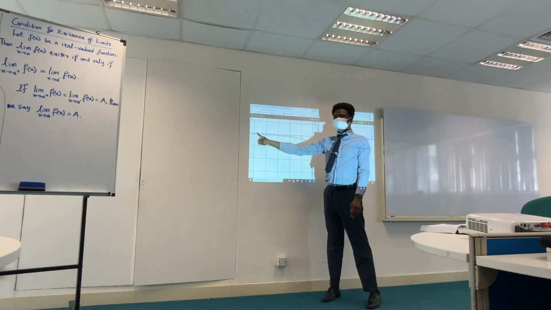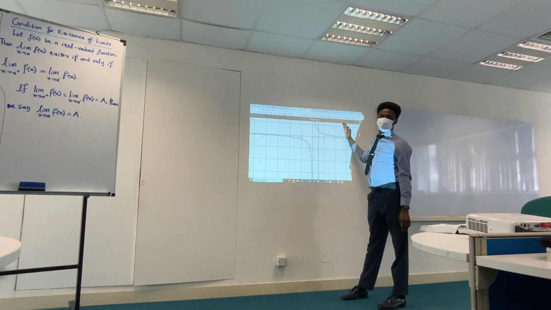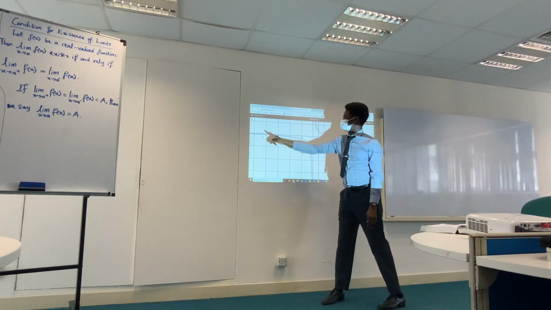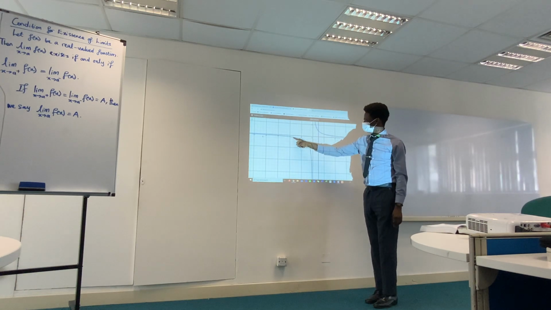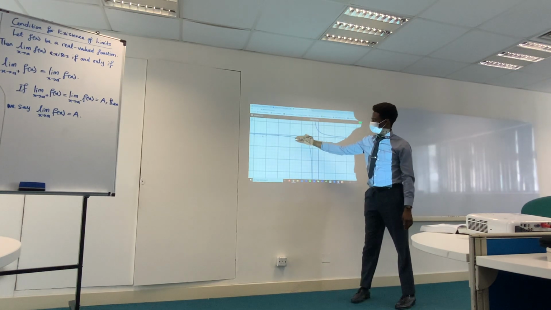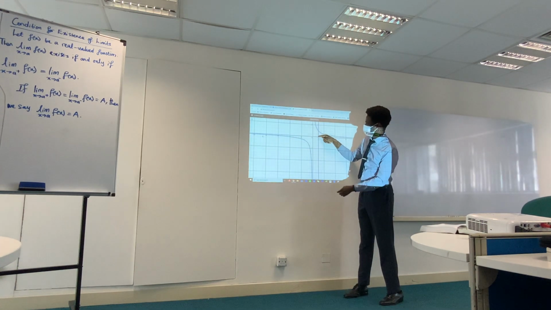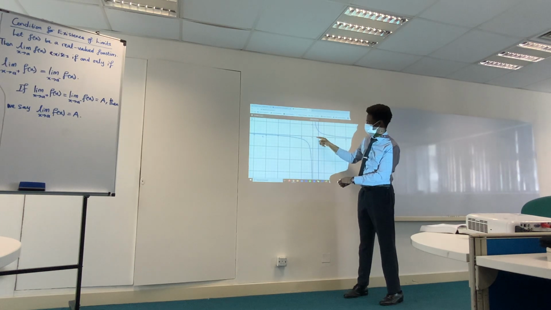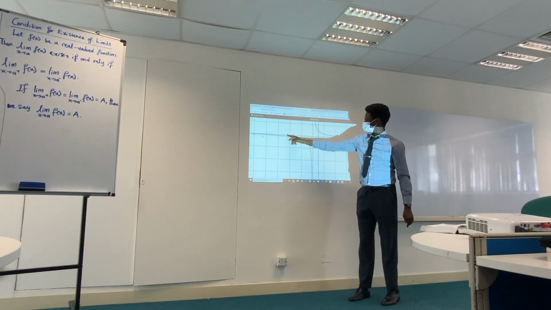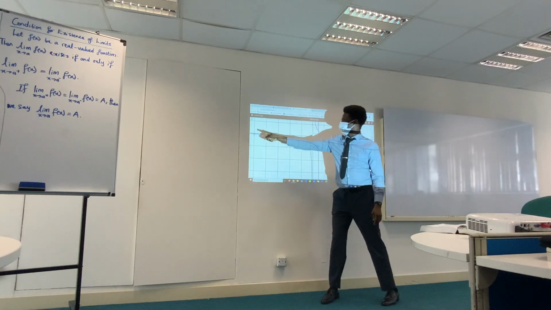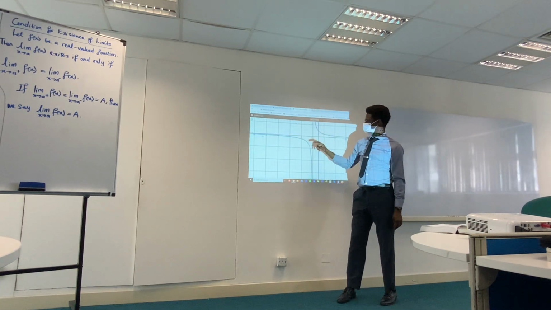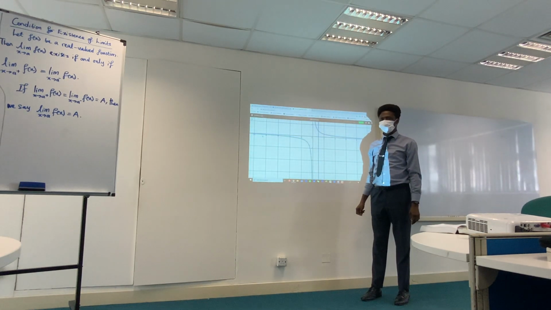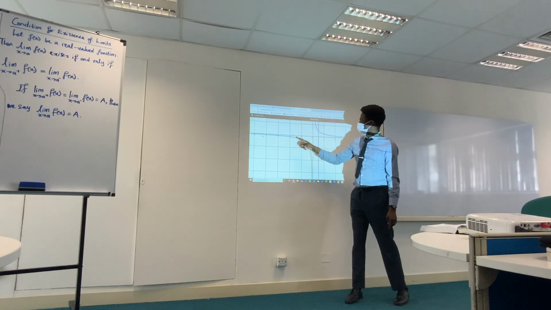When x is coming closer, you have no business with this part. When x is coming from below, x is on this black line, okay? The function is this blue line, okay? This blue line is moving close to